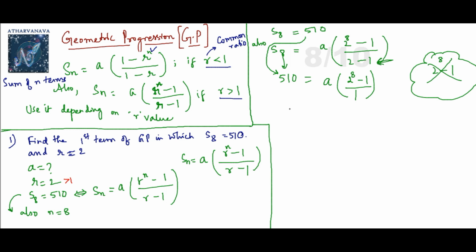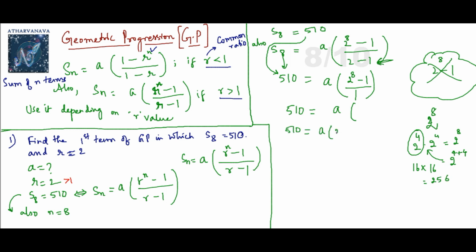Of course here we got 1, but usually you will be getting some other number, or if you get 1 also it is fine. Okay, now the second step is 510 is equal to a into, what is 2 power 8? How to get 2 power 8? Such a big number, ma'am. No, you can split it. 2 power 4 into 2 power 4 is 2 power 8. Yes, you can write like this. That's because you can write 2 power 8 as 4 plus 4, and if you split it, this is how it will look. 2 power 4 is how much? 16, into 2 power 4 which is again 16. 16 16s are 256. So 510 is equal to a into 256 minus 1. Yes or no?